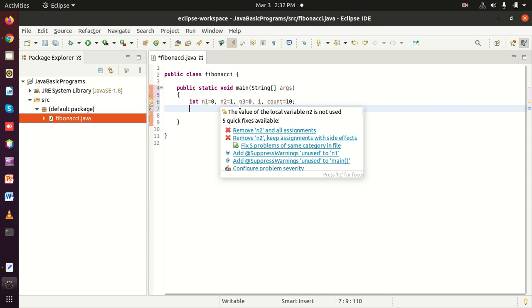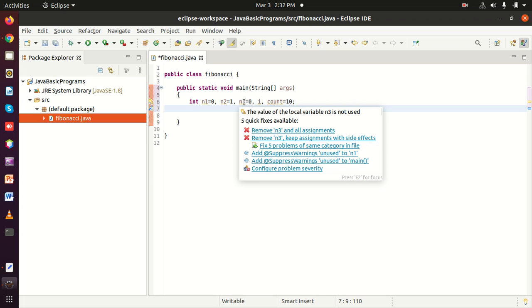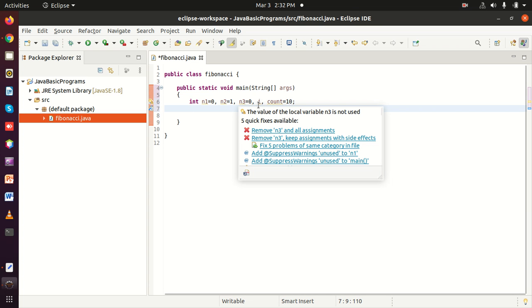I have taken the n3 variable to store the result of the summation of the previous two numbers. Now I have taken one i variable for loop purpose, and one count variable for counting the number of loops.